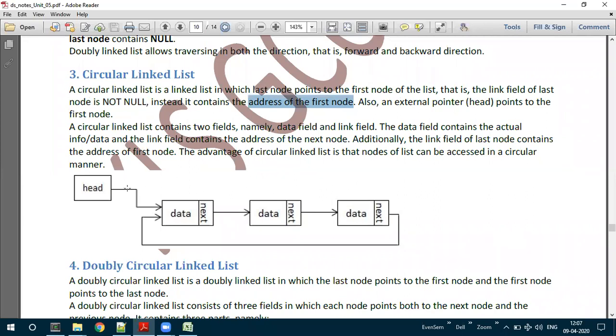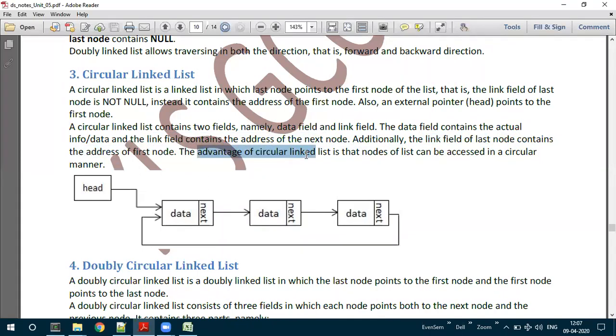Also, an external pointer will contain the address of the first node. So a circular linked list again contains two fields, the data field and the link field. The data field contains the actual data or information, and the link field contains the address of the next node. The link field of the last node contains the address of the first node.